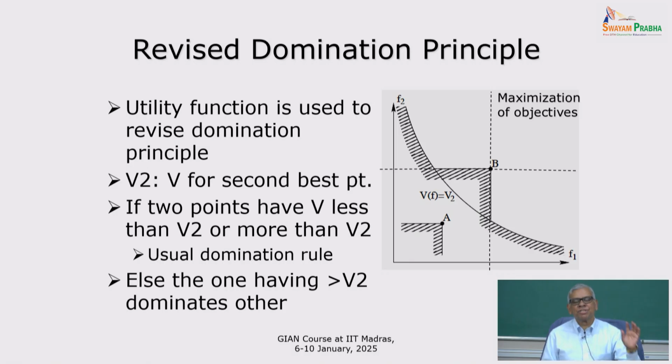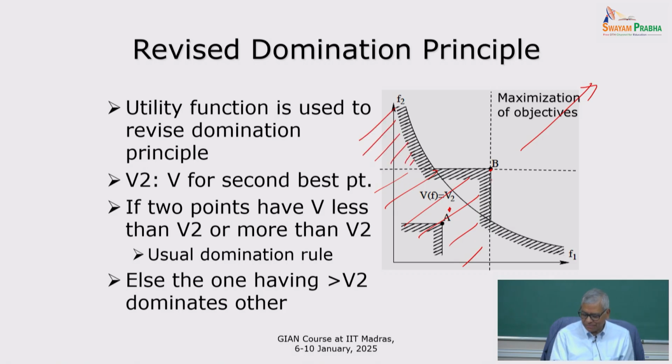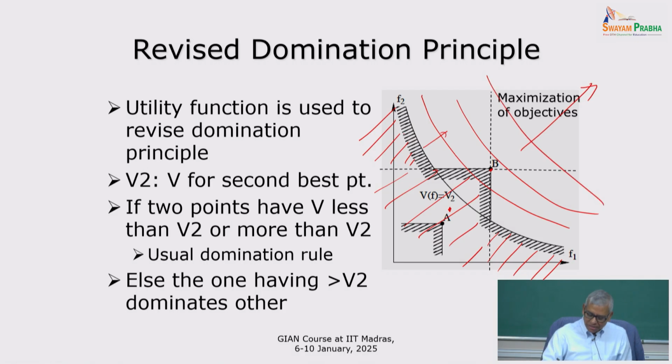The other way you can use is redefine your domination check. So for maximization, B is going to dominate this part. It's a maximization problem. So over here, everything is worse than B because maximization means you want to go in this direction, right? But now with this value function, you can actually add that value function and say this part will also get dominated by B. This part will also get dominated by B in addition to this. Simply because this line says as you are moving up like this, you have a better value function. Below this, you have less. So these points are already below this line. So you say these are worse.